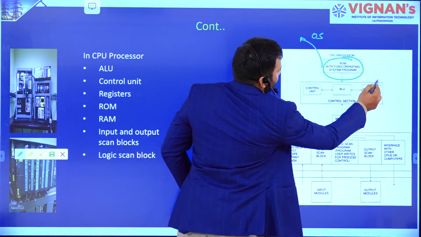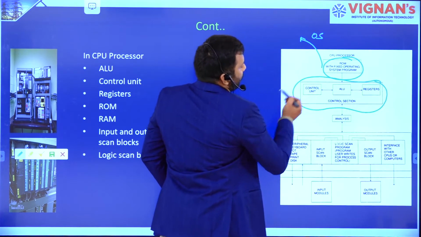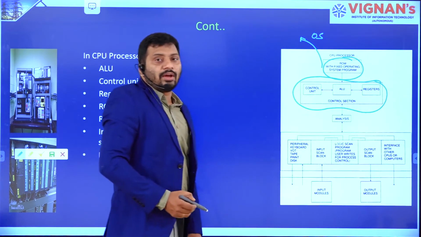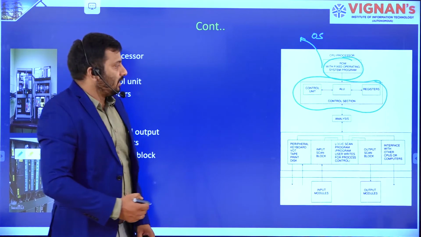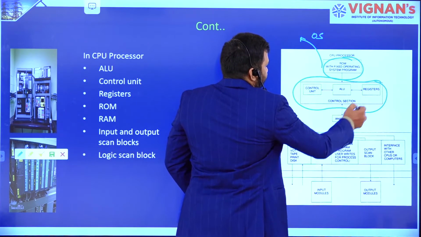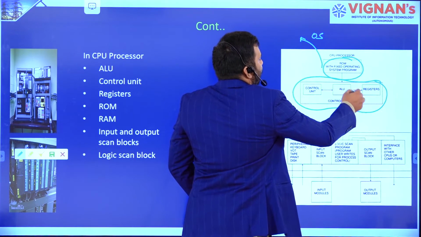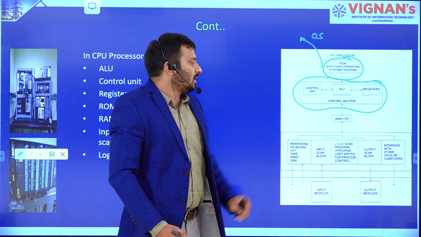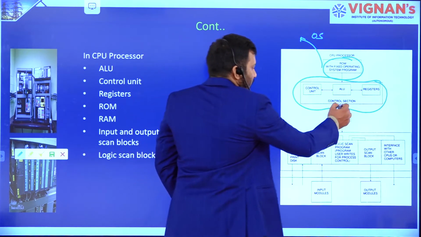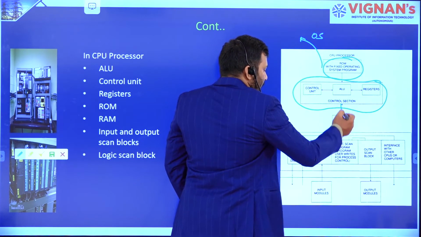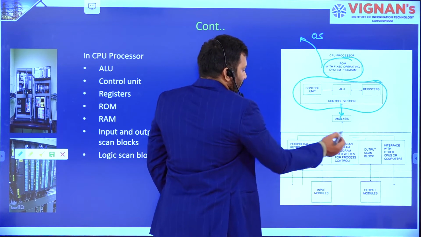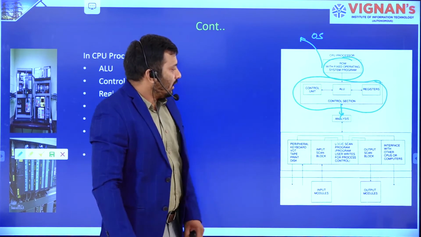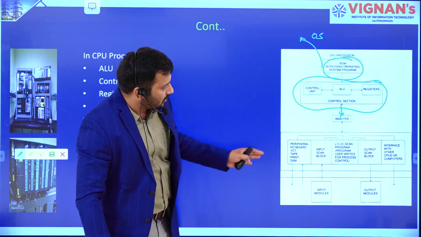This one is the control section. In the control section, we have a control unit and an arithmetic and logic unit to perform arithmetic and logical operations. Internally we have some registers to store data temporarily. This is the ALU section. Overall, it performs arithmetic and logical operations as well as gives the control signals. It also takes some signals from external peripheral devices, as well as a communication unit.